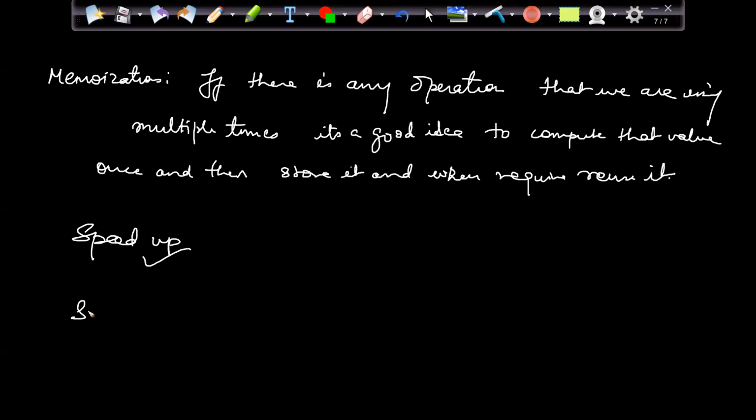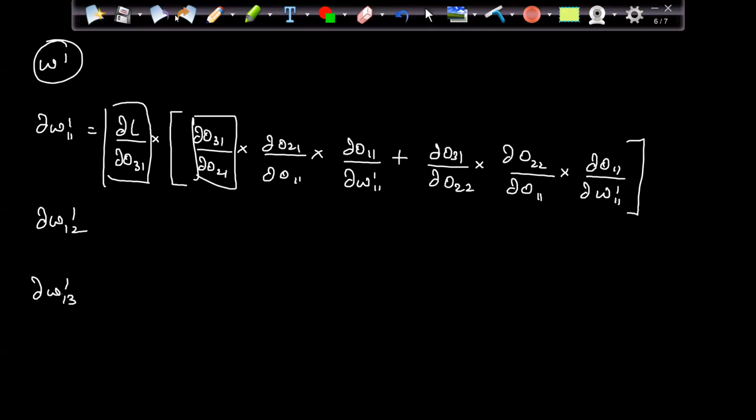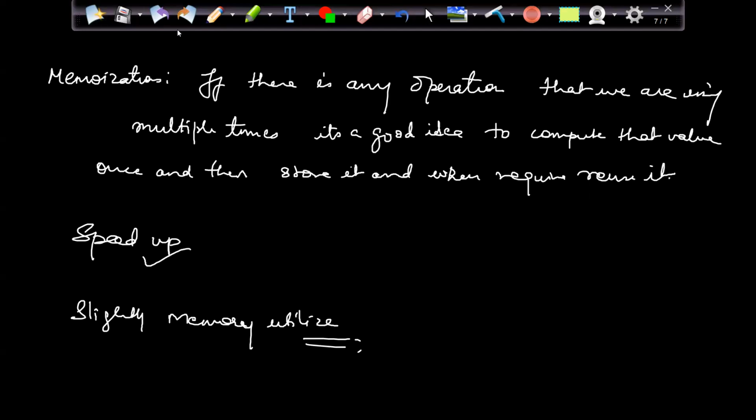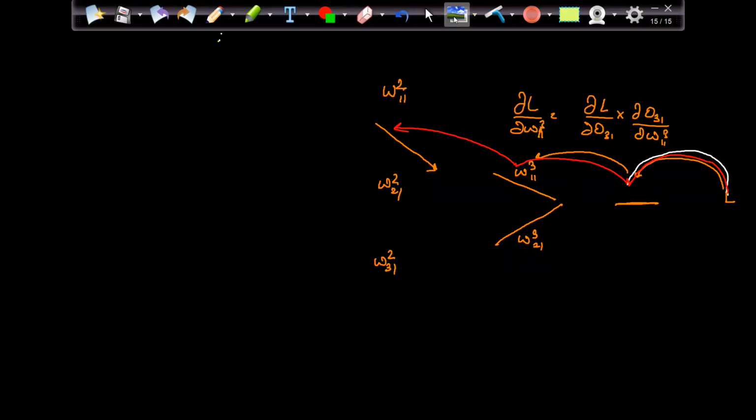But I have to utilize my memory slightly, because I'm storing all these values, right? So it will be a cost. I have to have some space, so I have to spend slightly more memory for storing these values, but overall the speed is going to change drastically in my algorithm. It will improve a lot. I don't want to recompute it again and again. So that is the benefit I'm getting here, right?